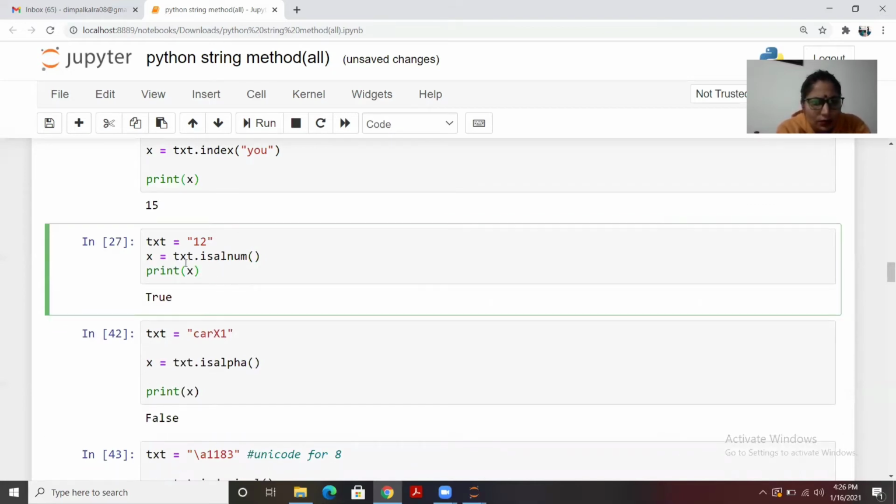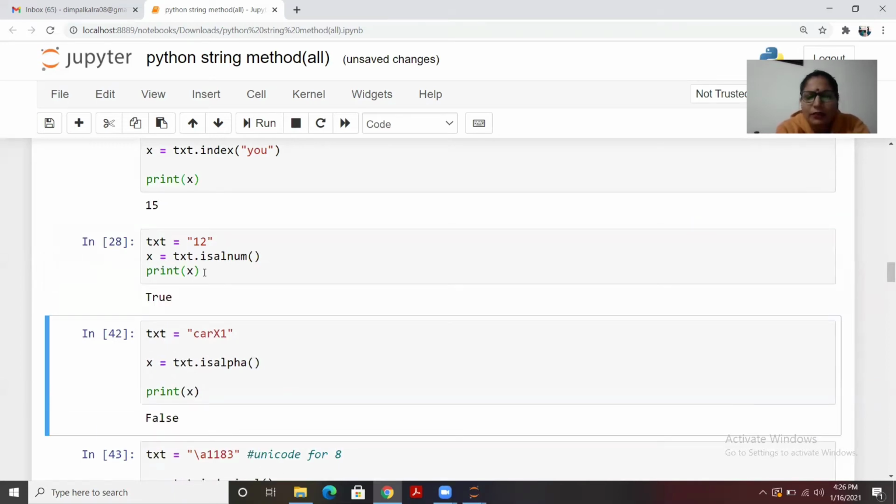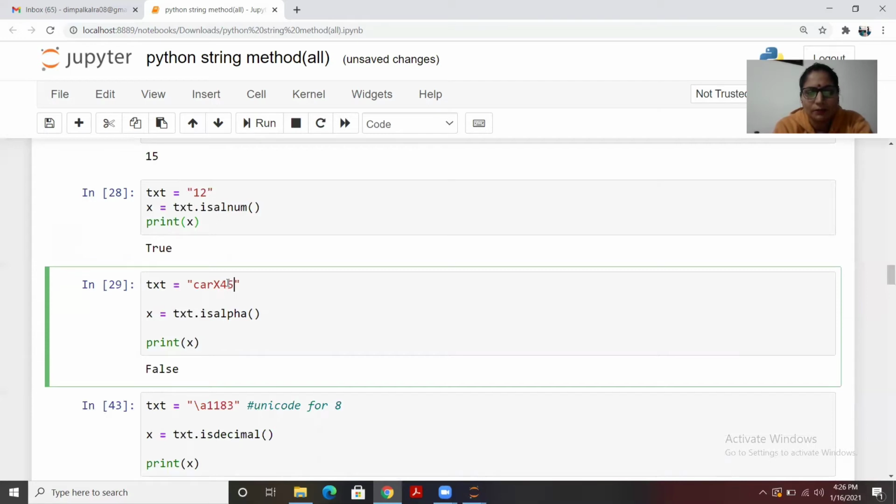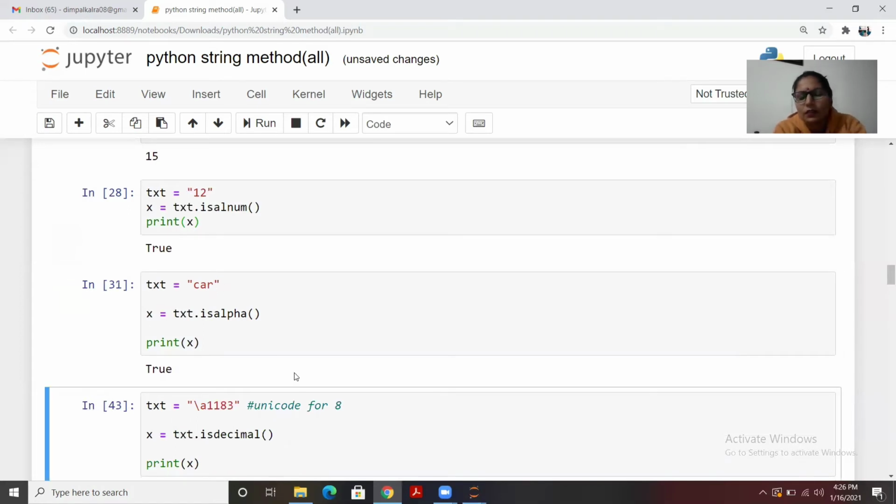Okay, yes, so it will give you output as true or false. Let me put isalpha, for example. You need to check whether a particular string is alphabetic only, or we have different numbers altogether, any numeric value as well. So let me give the numeric value. Here you can see the false, and in case you are giving just alphabetical keywords, it will give you output as true.